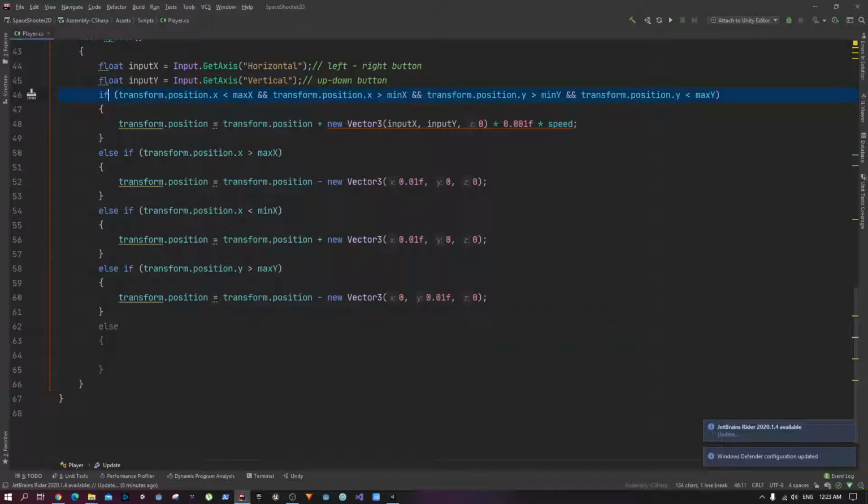If checks for a condition, and else if checks for another condition if the previous condition was not true, and it keeps going. And when we are using else, that means when none of the other conditions are true, this block will be executed. It's not going to care about any condition. It's just going to execute if none of them are true. It's not a good idea for this purpose, but I'm going to show you how to do it just for example purpose. So I'm just going to paste it, and we can do it this way,